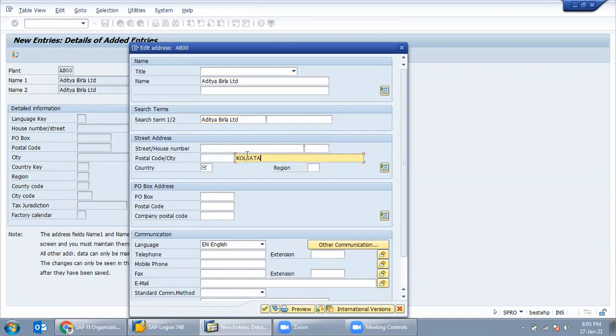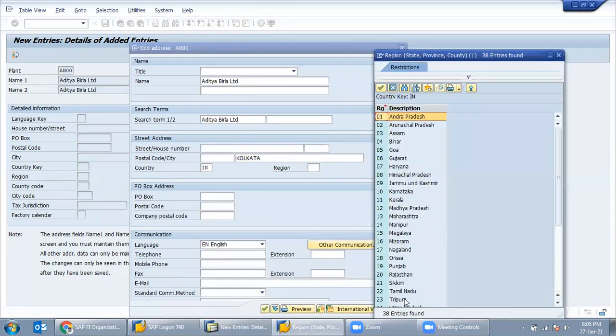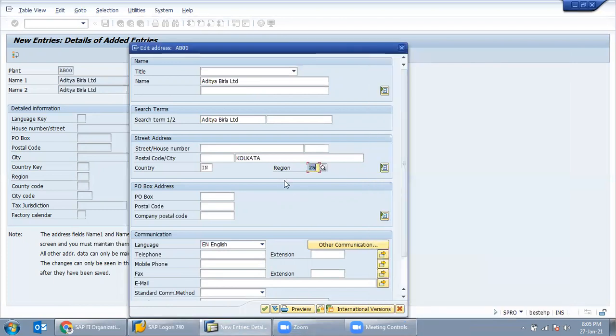Kolkata. Country is IN, India. Region is 25. I think 25 is West Bengal. This is the state code, 25. And the street is Park Street. If required, you can also put telephone numbers, mobile numbers, and email ID.